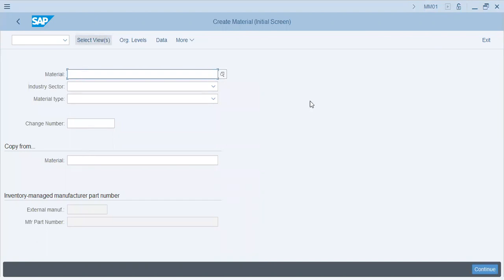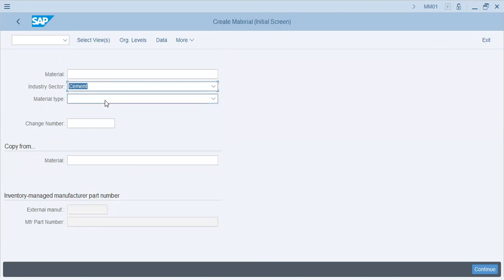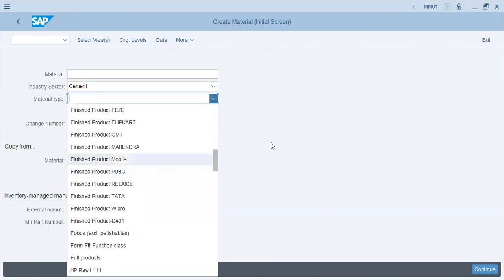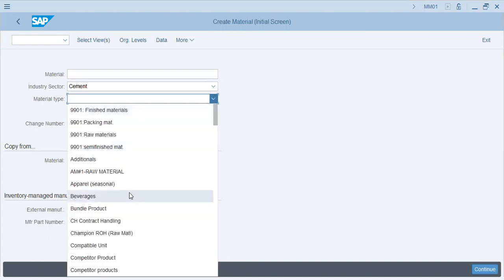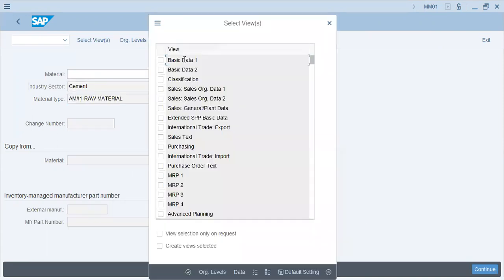So this is how you create a material. Cement industry sector, we can also create industry sectors. Material type, we can create raw materials, semi-finished goods and finished goods from material type, and this can be configured as well. So let's say raw material, continue,